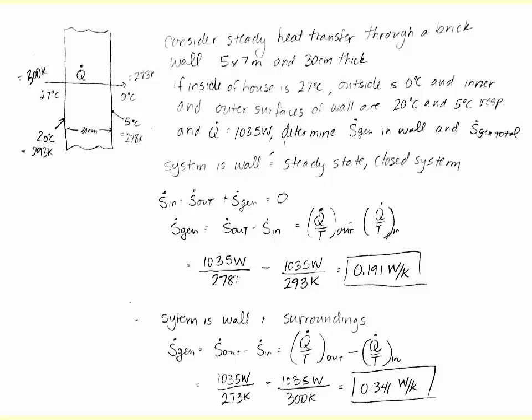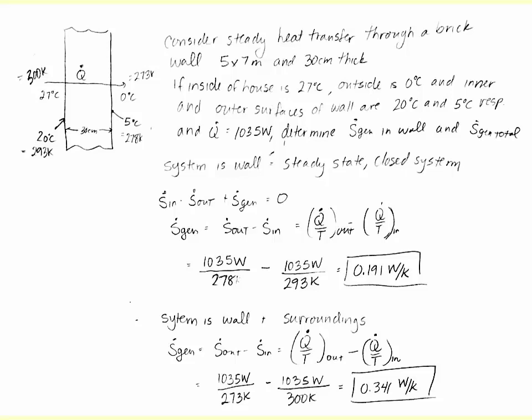Okay, so now if we want to know the total entropy generation associated with this process, we can expand our boundaries, right? Okay, so we've expanded our boundary to include the system plus the surroundings. So we can just simply use the same equation, the in and the out. So we assume that Q is flowing through the wall into the surroundings, right? So that Q term does not change, but what changes is the temperature at which that heat transfer is being recognized or analyzed. So S dot gen total is going to be equal to 1035 watts